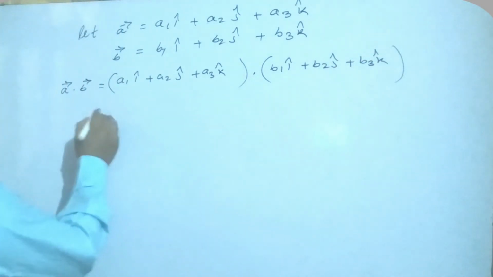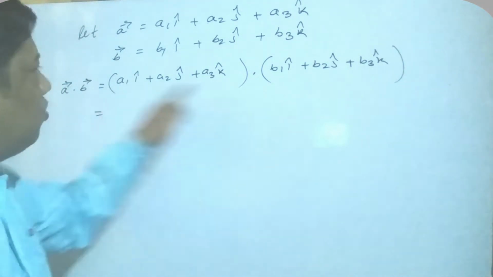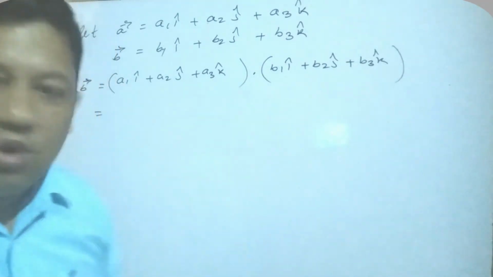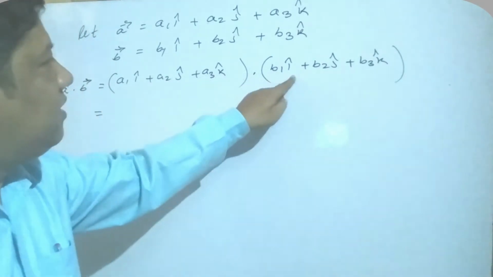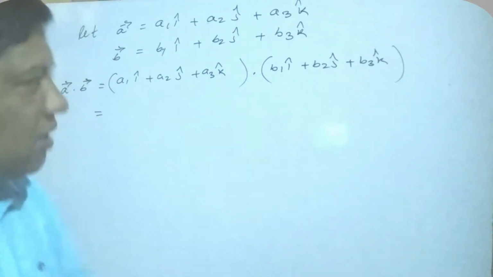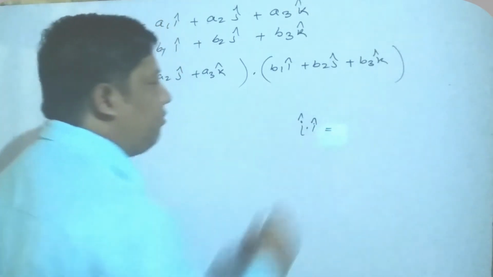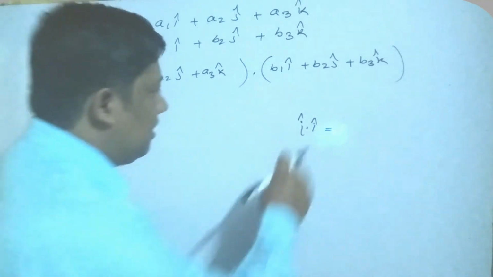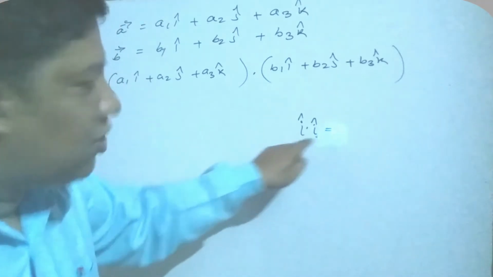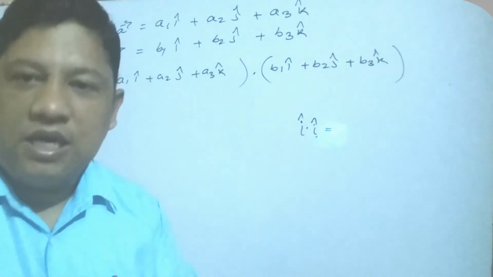Any two vectors, then product of these two vectors equal to, when you multiply this term with all of these, this term with all of these, this term with all of these, then what will happen? i into i, i into j and i into k. Yes, my students. But look here. Suppose i into i. That means unit vector along the same direction. It is also i and it is also i. So in these cases, both directions are the same. Since the directions are same, so angle is how much? 0 degree. Angle is 0 degree.